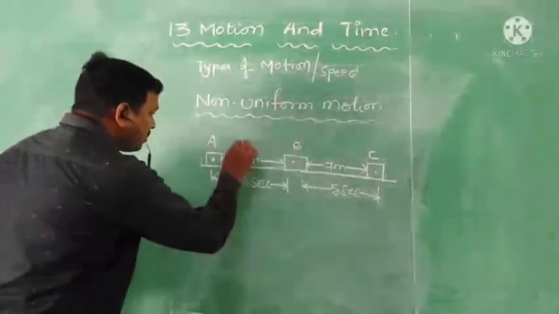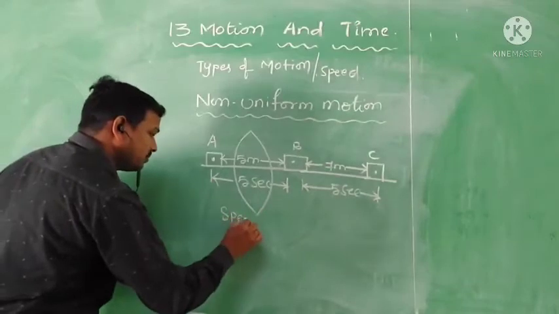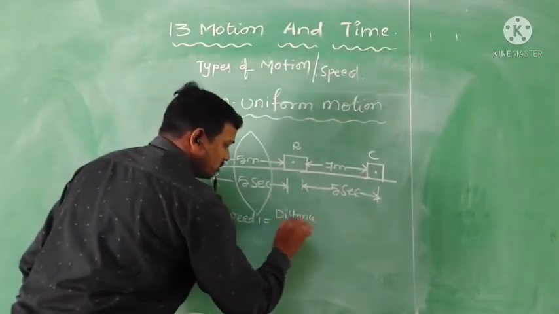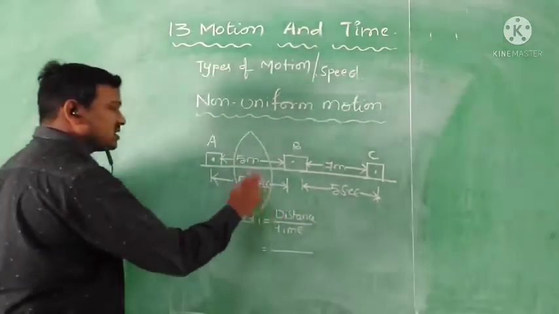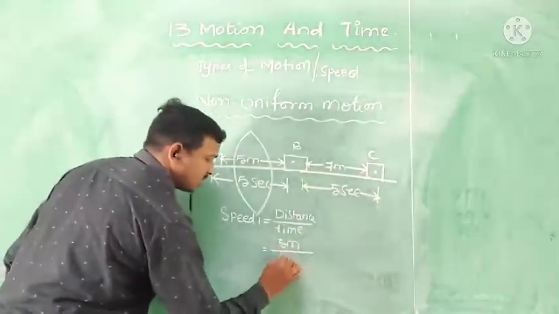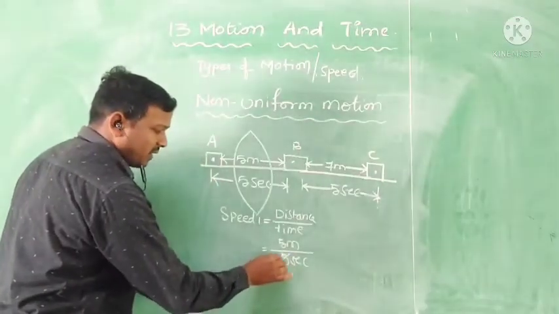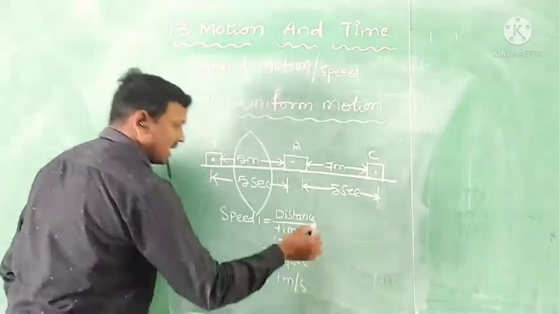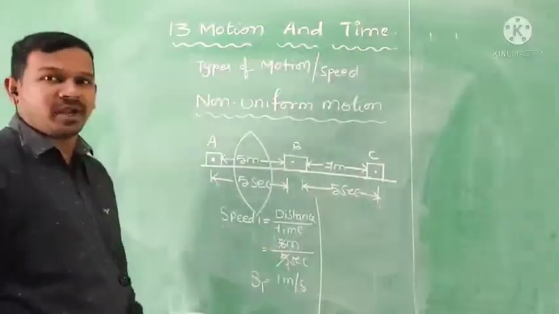Now we are going to calculate in situation 1 what is the speed, in situation 2 what is the speed. Right children? Now here this is situation 1. Speed 1 is equal to distance by time. What is the distance he covered? 5 meters. What is the time taken? 5 seconds. So here we can cancel 5 under 5. What are we getting here? 1 meter per second, as we discussed earlier also. So I am naming this S1, speed 1.